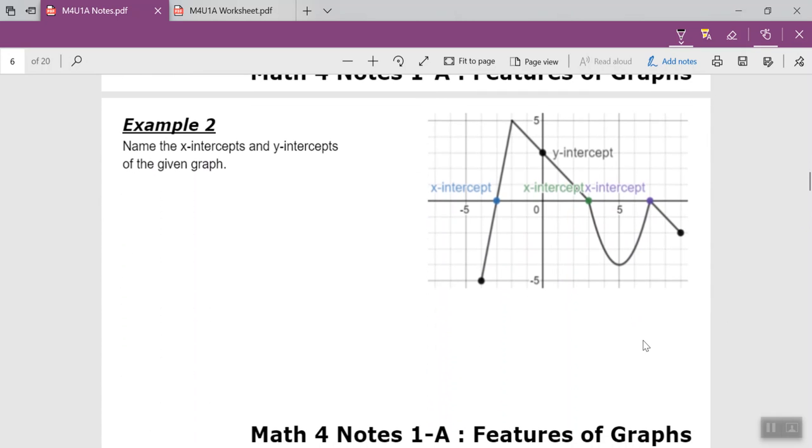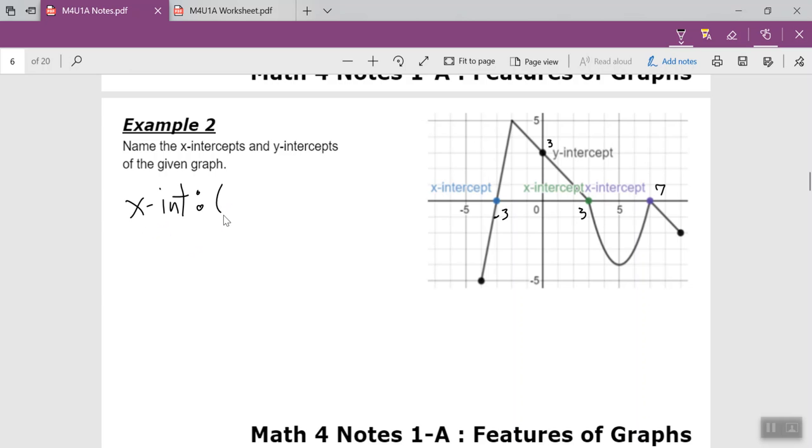Now, for example 2, it's sort of similar to the last graph. It's slightly different. And the x-intercepts and the y-intercept. All right, the x-intercepts are happening at -3 and at +3 and at +7, and the y-intercept is happening at 3. Now, I do want to say this, that for these intercepts like this, I would prefer you to use